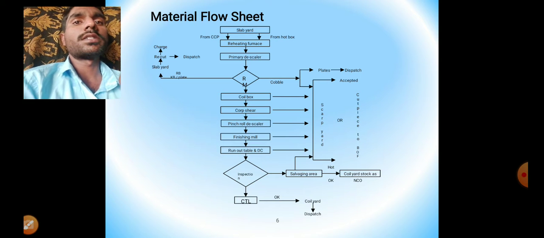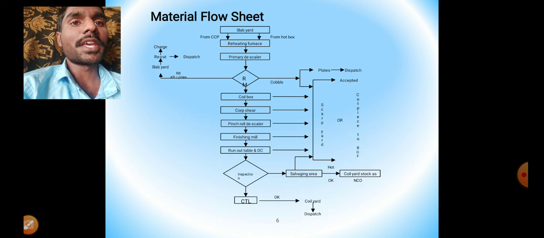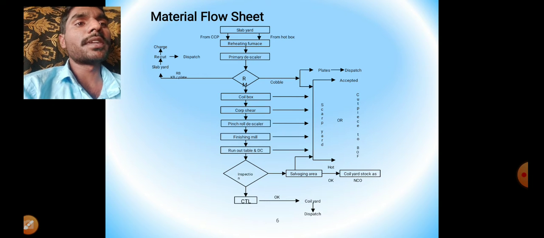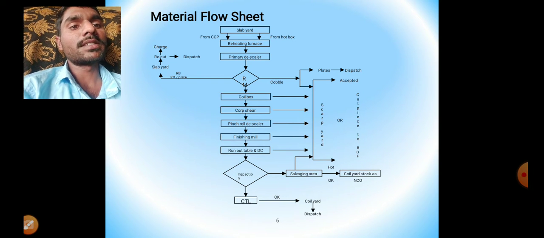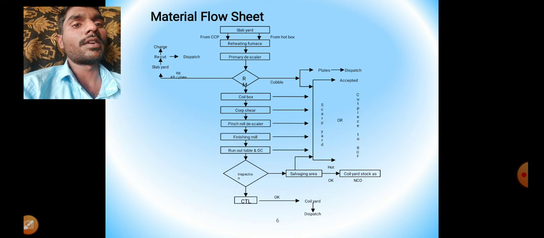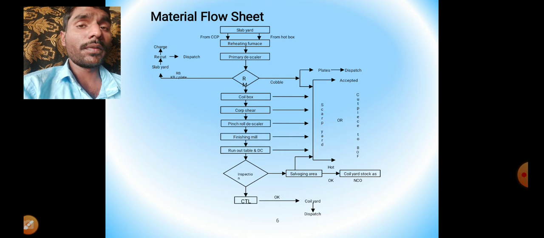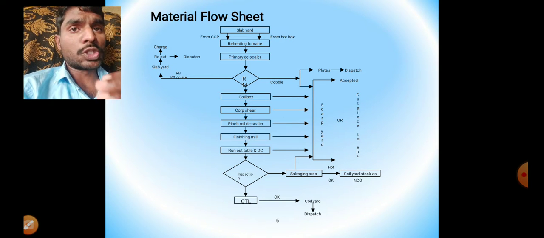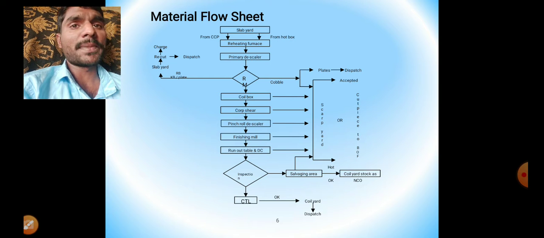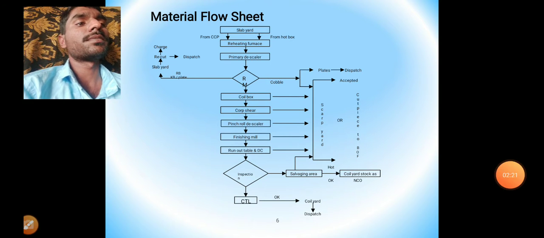These are the further processes that take place when the run back and kickback take place. After the slabs are dispatched, they are processed through the coil box, crop shear, and pinch roll, finishing mill, runout tables, and the inspection area. After completion, the coil is inspected by the quality inspector and sent to the CTL, cut to length. If the coil is okay, it is sent to the coil box for dispatch. If there are any defects, like tail issues, gauge control problems, or lamination, basic salvaging takes place here.